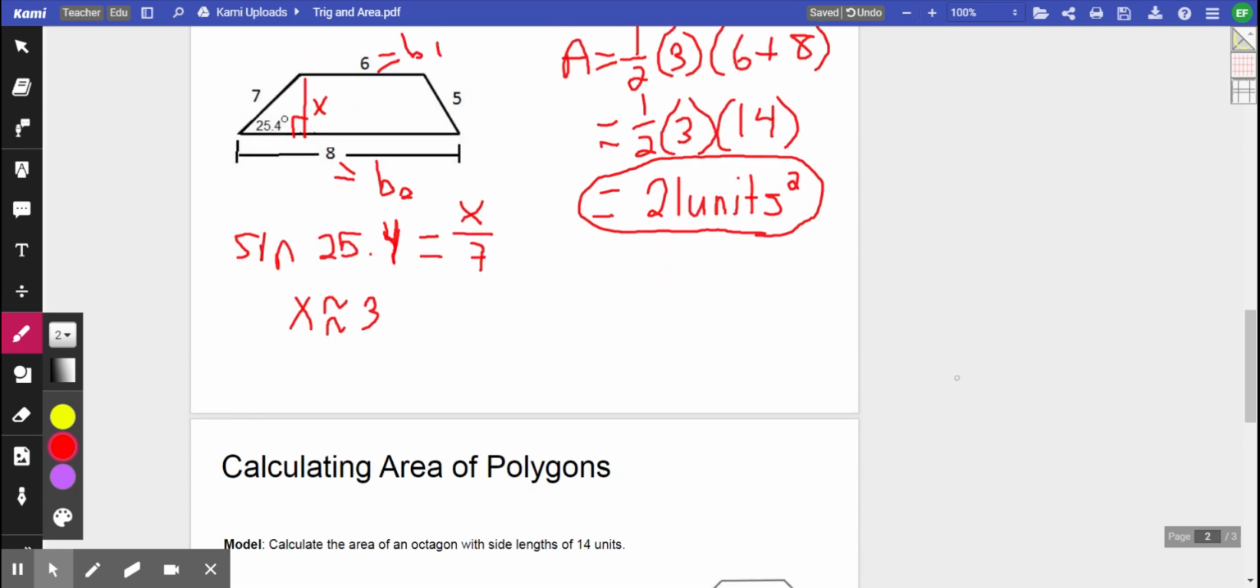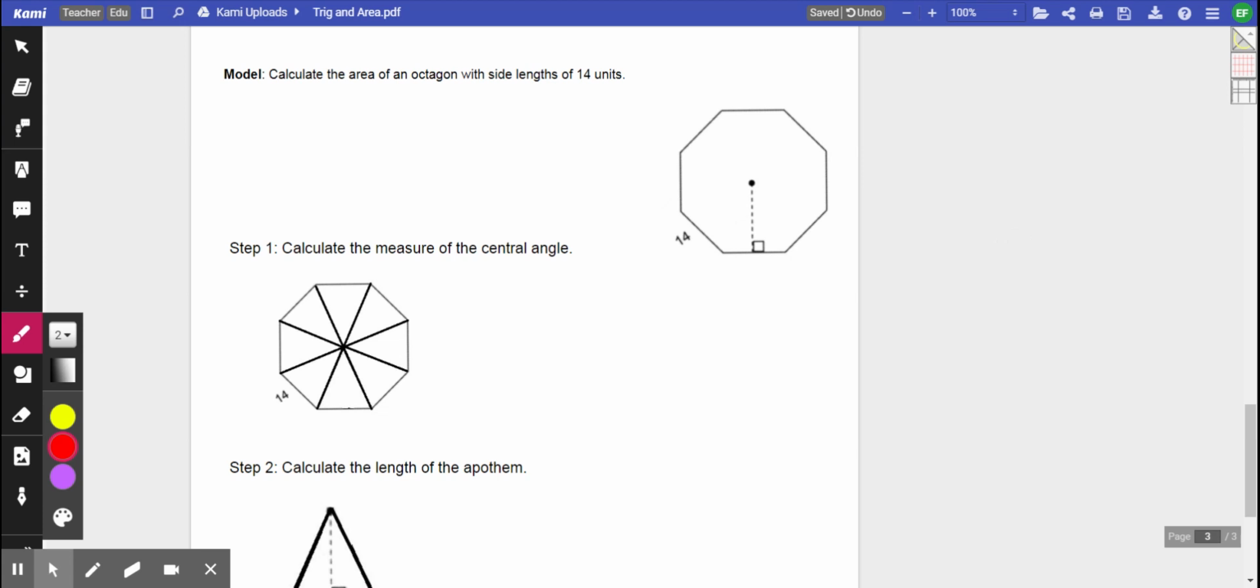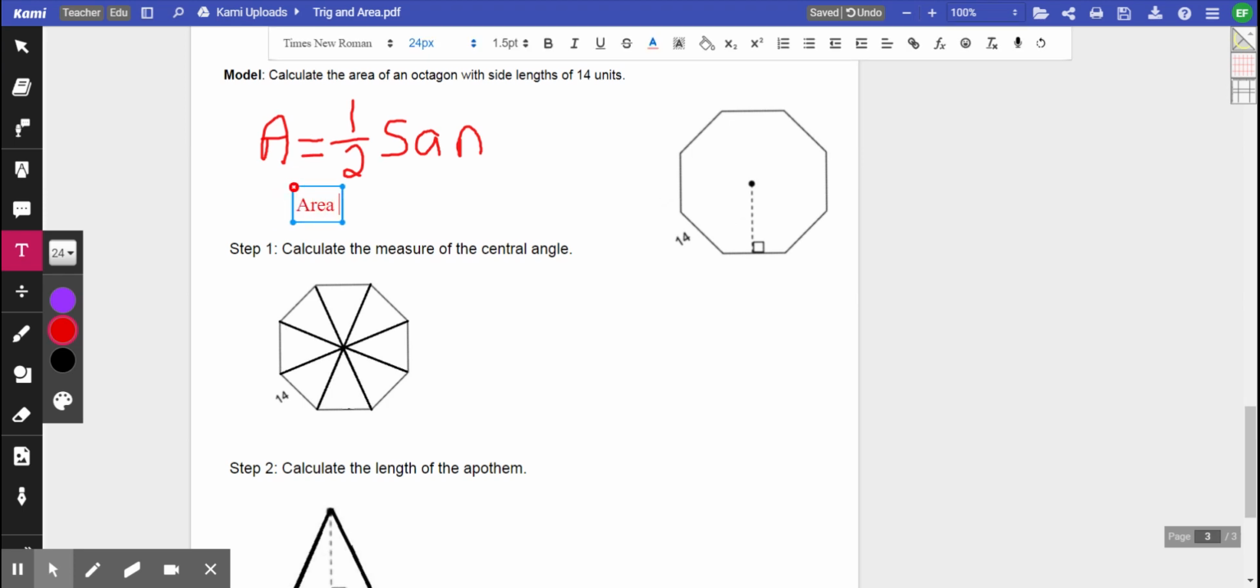All right, so next shape, polygons. So to calculate the area of a polygon, this is going to take a little bit of work. So I broke it down really into 3 steps. So we're going to say for this example that we want to find the area of an octagon. Remember that our formula, 1/2 SAN, side length, apothem, number of sides. So this formula is going to be used for any polygon that we have where we have 5 or more sides. So area is equal to